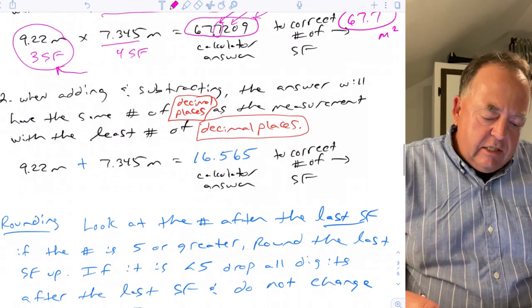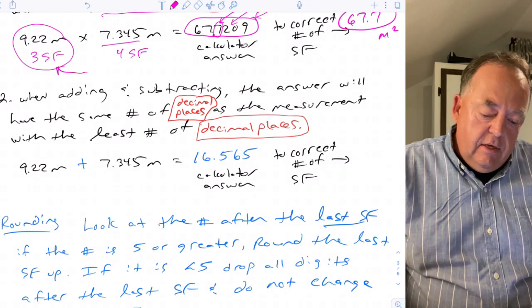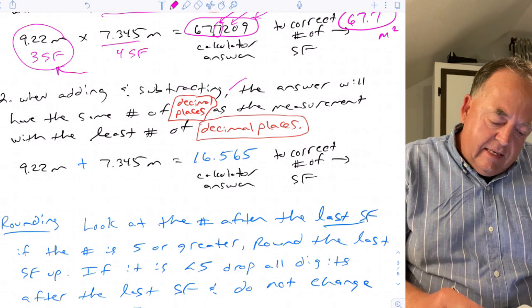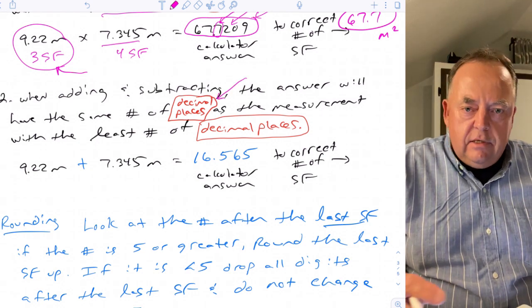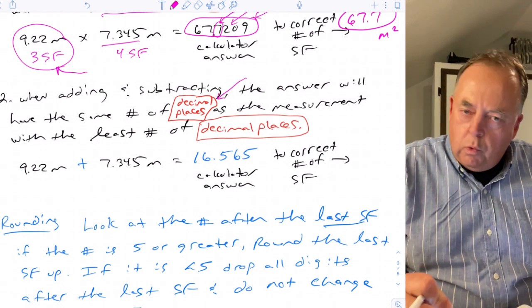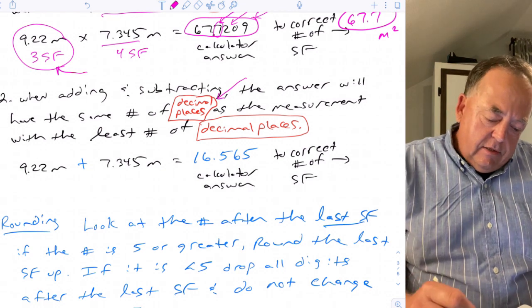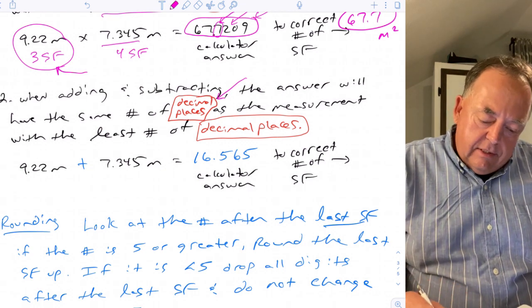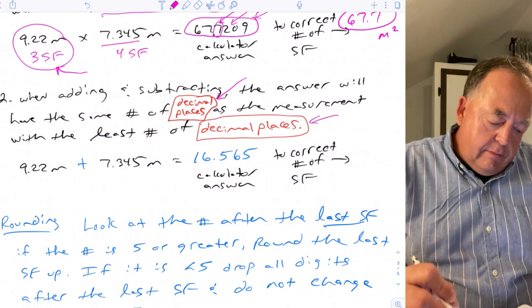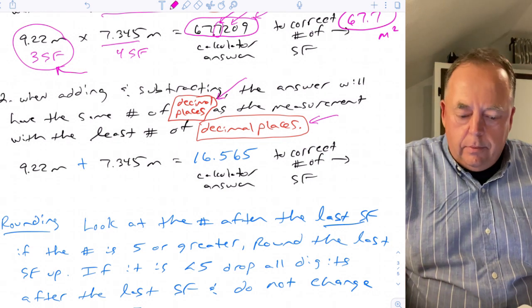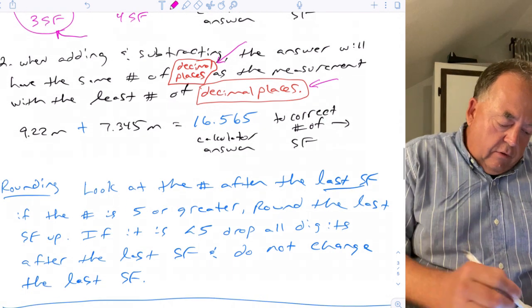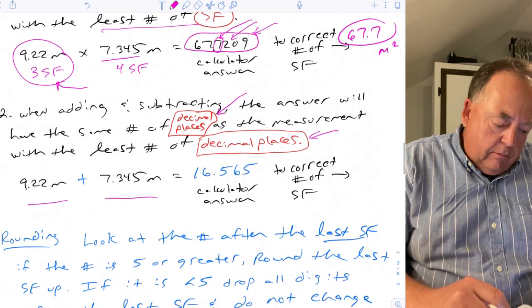Okay, so when you add and subtract, then the rule is different. So the answer will have the same number of decimal places, not significant figures. So now all you have to do is worry about decimal places. So the answer will have the same number of decimal places as the measurement with the least number of decimal places. So if we add these two numbers instead of multiplying them,